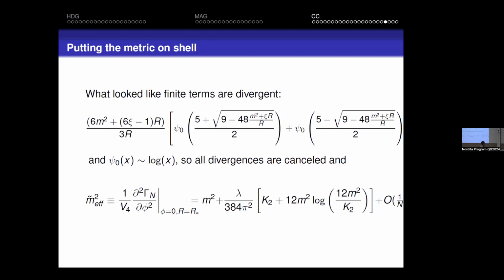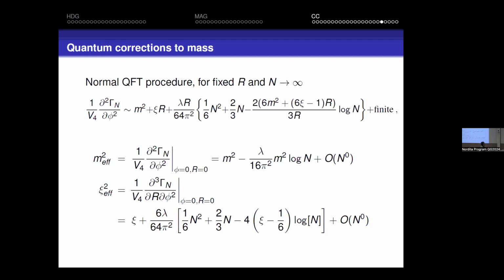So when you say that R goes like 1 over n squared, this m squared over R will give you a term that goes like n squared. Under the root, it becomes n. So you have the polygamma of n. For large x, the polygamma of x goes like log x. So you have here log n, and this is also log n. You look at this coefficient here, and it's exactly the same coefficient that appears here. And so what you find is that this log divergence is cancelled by what look like finite terms there.